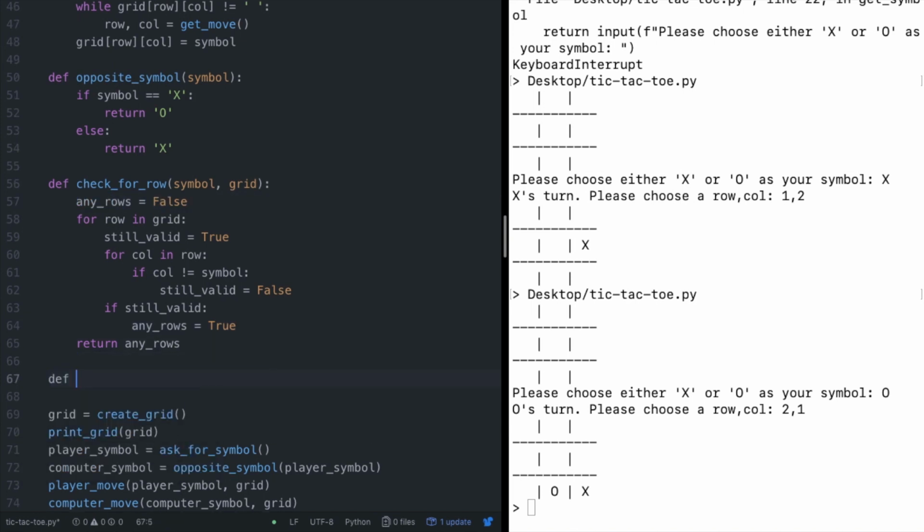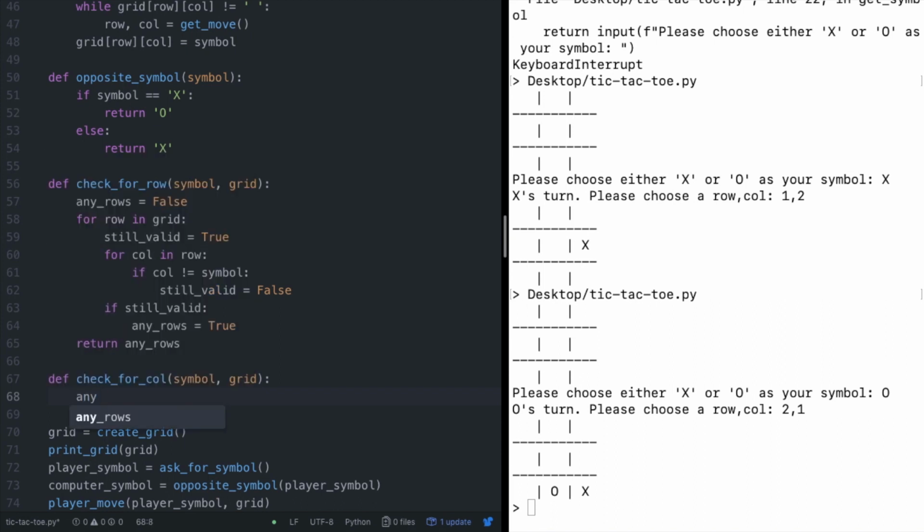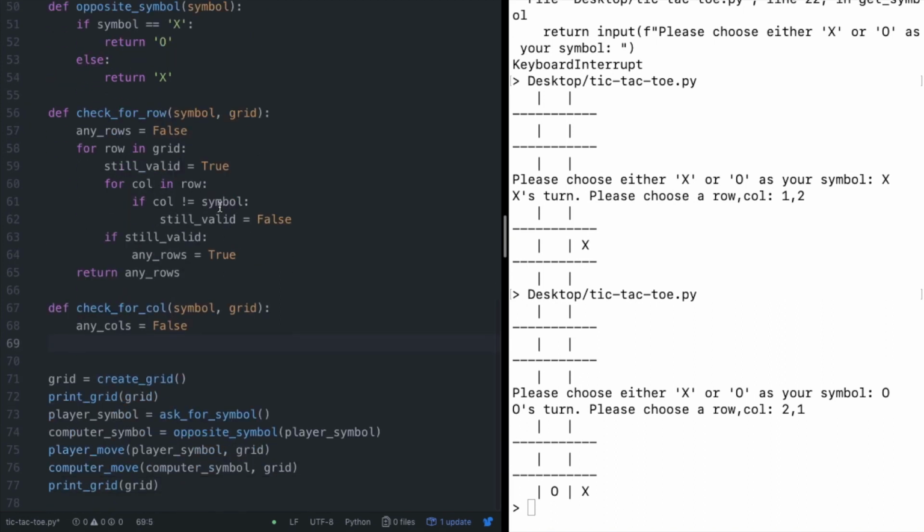So now I can try our check for column function. This will also take a symbol in the grid. And this one will be similar but slightly different. So we'll still use this any columns type of thing. But because columns are represented as like the values inside our inner arrays,